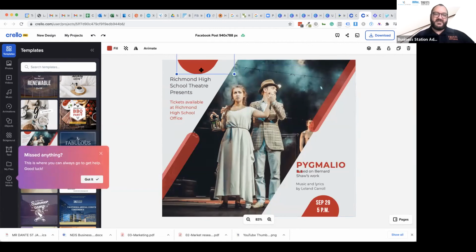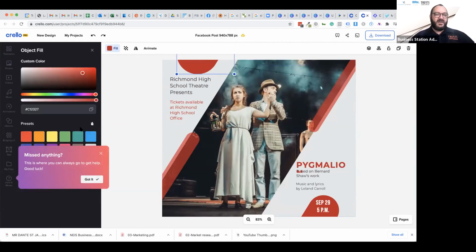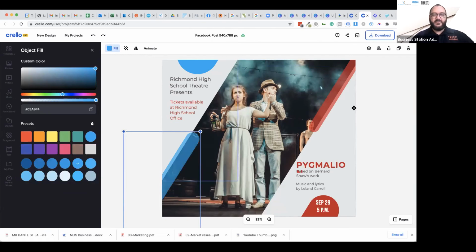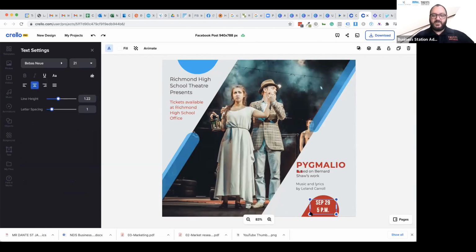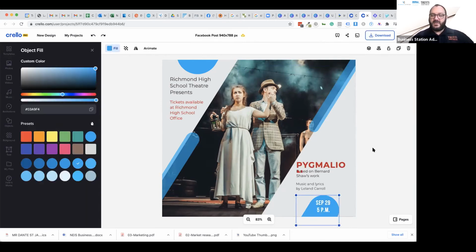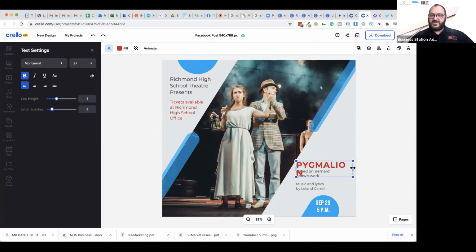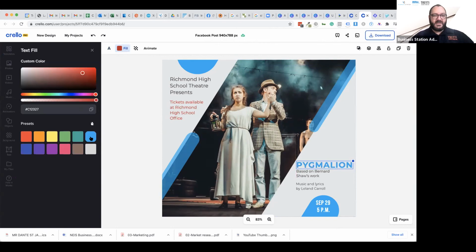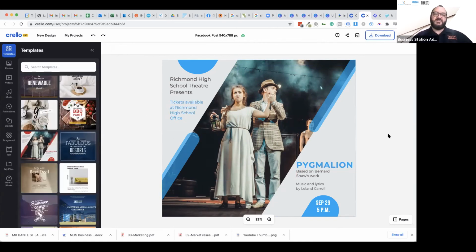So this one, for instance, just like in Canva, I can change that to blue because the colors that I'm working with in this client are blue. This one over here is blue as well. Make this one blue. Nope, not the words, the element. There we go. Change the words. So Pygmalion is the name of the play. Make that blue writing as well, and blue writing over here. So I've completely changed the mood of that photo,